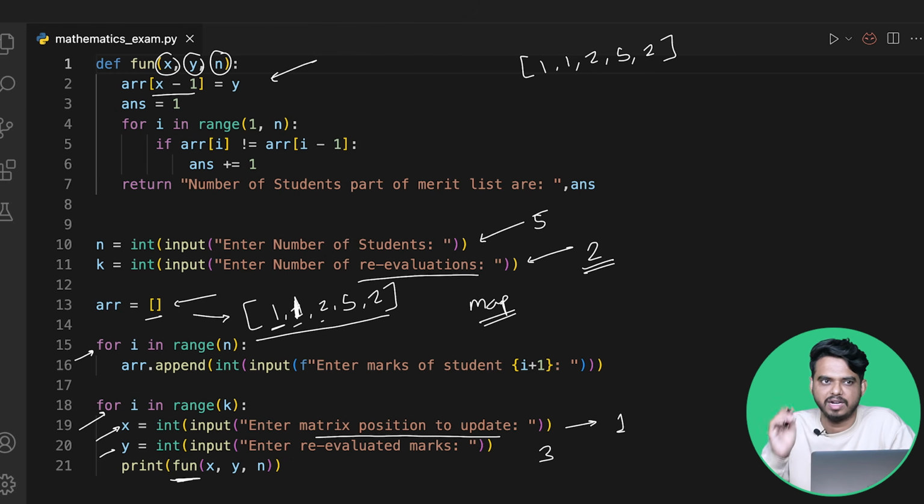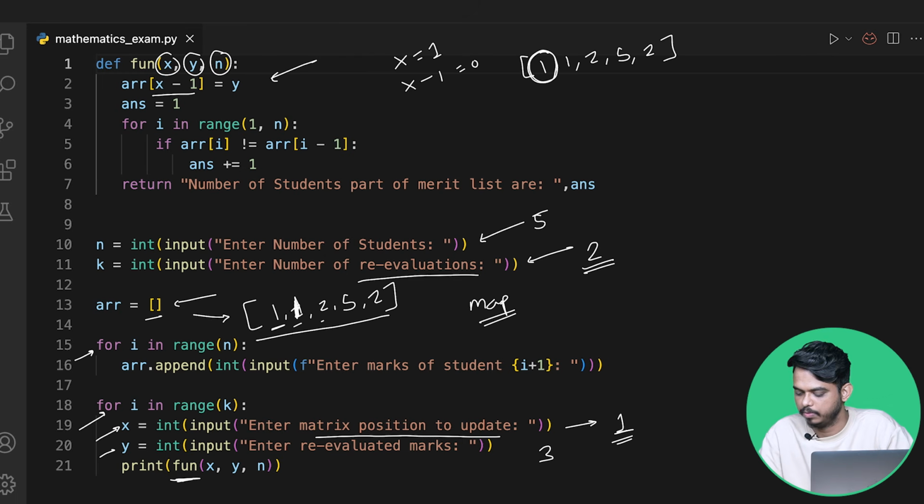So why x minus 1? Like I said, for the simplicity of the understanding in the example, I have started the array from 1, but in programming terms it's always going to start with 0. So if I tell the first student's marks I want to update, that is nothing but in Python it is going to be the index 0, right? So the x value that we have is 1, so that's why we are doing x minus 1, which will be 0. So we'll update the value of index 0, and this value will get updated here,